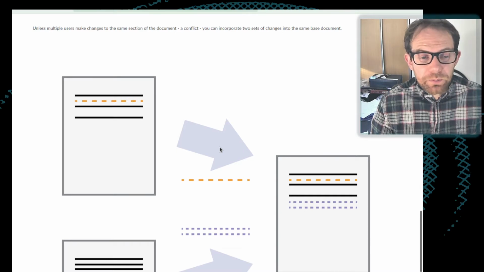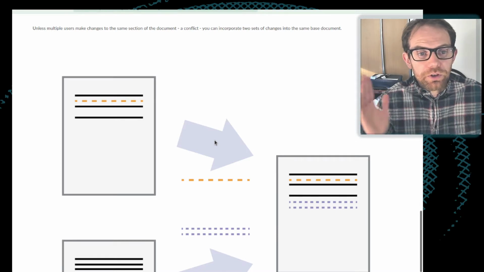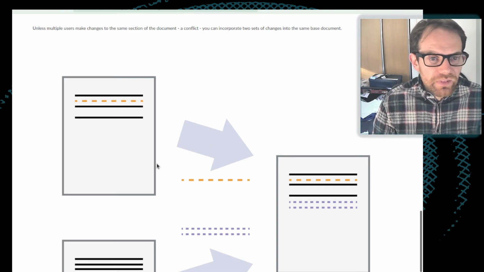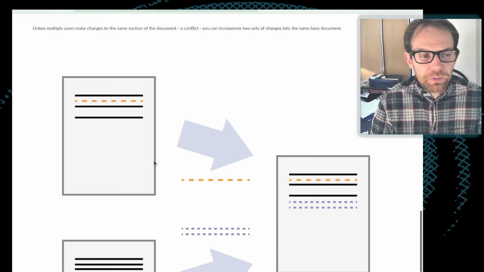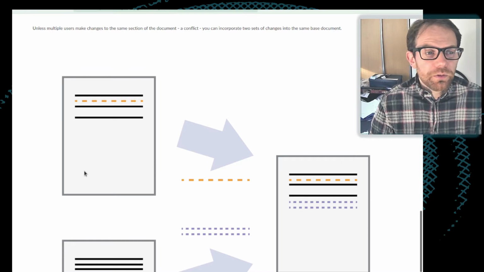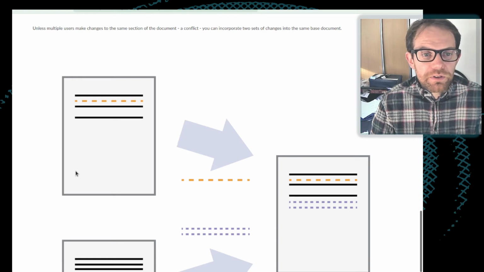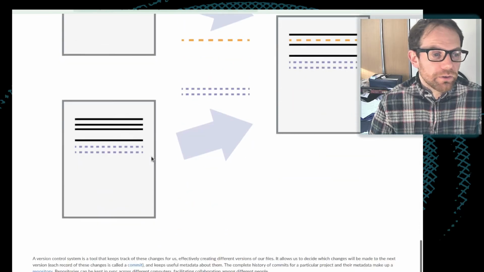Obviously, if you're writing a paper with somebody, they may work on one section of the paper, you work on another section, and you want to bring both of these together and merge them at some point. That is a scenario in which Git is particularly helpful. Likewise, if you're writing code and two of you are working to fix bugs in different parts of the code or add new features, you'll want at some point to consolidate these and bring them all together. So Git is able to do all of these things, and it has lots of extra helpful features, which we should hopefully manage to cover, even if slightly briefly, to assist with this whole process and organizing all of it.